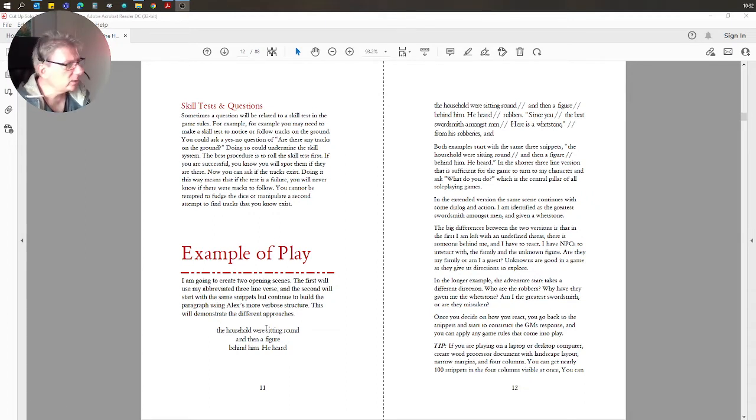Now, this first little three-line, I always call them mini haiku, but they obviously don't stick to any rules, is an interpretive version. And this one reads: the household was sitting round, and then a figure behind him he heard. For me, that's enough to extrapolate the whole scene. I can imagine this taking place in an Icelandic Viking hut with the family around, very dark outside, maybe a long house, and then behind him he hears this figure. That's enough, and I can then react to that.